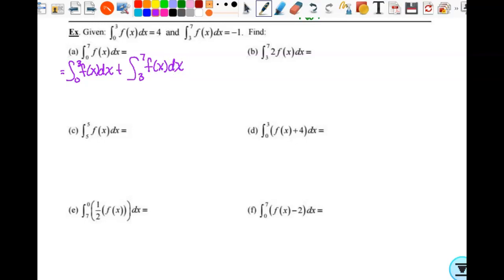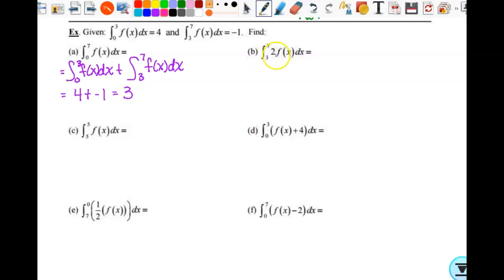You agree with that? Understand how that works? 0 to 3, 3 to 7, that gets me 0 to 7. I know what these 2 pieces are. The integral from 0 to 3 is 4, plus from 3 to 7 is a negative 1. So my answer is 3. So it's about rewriting it from here to here. Any questions? All right, so on B,